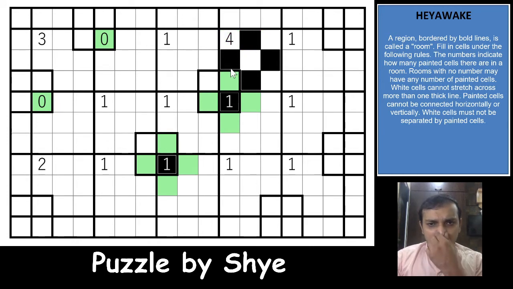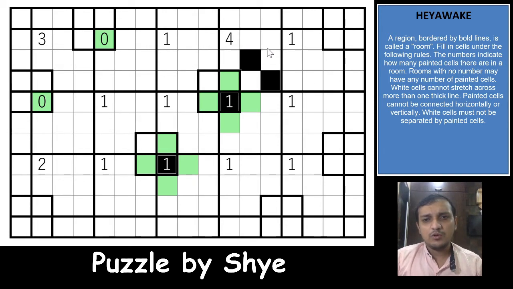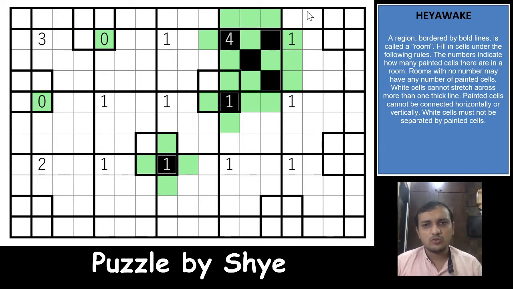But the moment we shade all these that we have done currently, it will trap one of the white cells inside a closed area. That is not possible. According to the rule, all of the white cells in the grid will have to be connected to each other. Which means that the first one that we have done would be correct here, and the other way around is wrong, right? That is right. Which means this will be unshaded, this will be unshaded. All the cells adjacent to a black cell will be unshaded, and all the white cells will have to connect to all the other white cells in the grid. And now we'll continue solving further. Now let's see what we can do here.